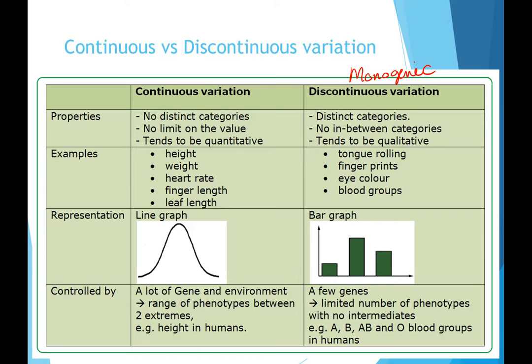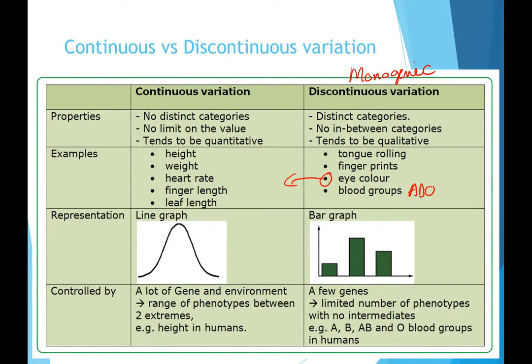Okay, things like tongue rolling, your fingerprints, your eye color, even though I would actually argue that eye color can also fit into this group over there. But your ABO blood groups are certainly a very good example of a monogenic gene that actually has quite a few alleles in there, but it's still only one gene. Okay, we represent this using a bar graph, and it's a limited number of phenotypes,